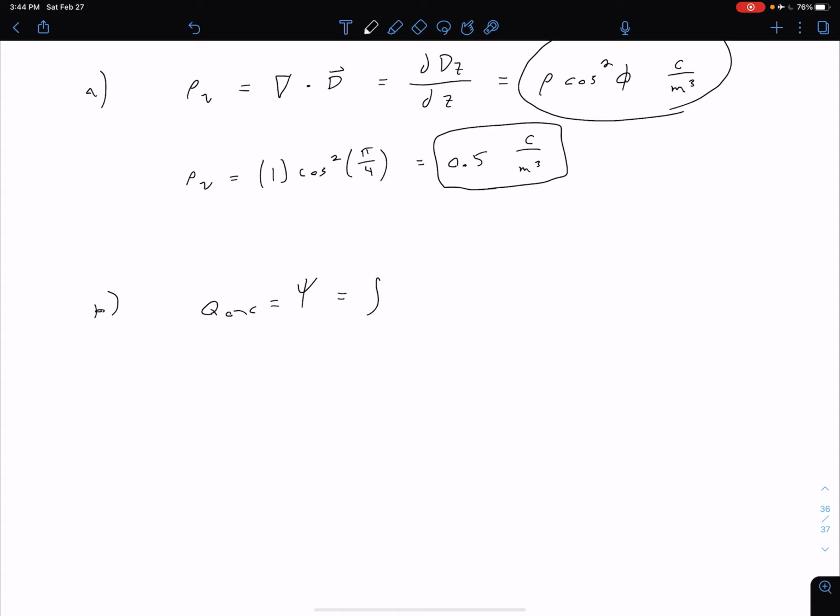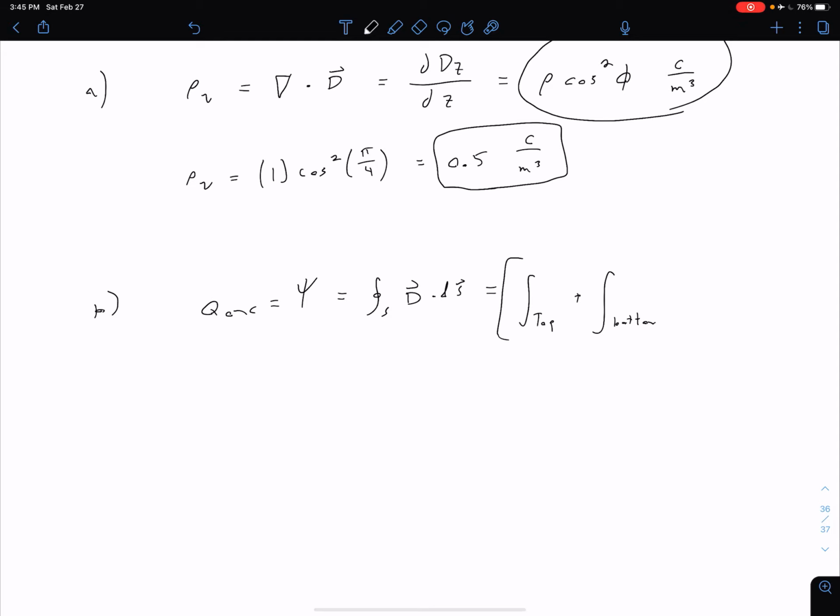We can write that as the integral over the closed surface of D dot dS, as I have above. Now we have a cylinder, which we've encountered once before when we were looking at the Gaussian surface for our infinite line charge. We said we have flux out of the sides as well as out of the top and the bottom. So we're going to have three parts to our integral: the integral over the top plus the integral over the bottom,